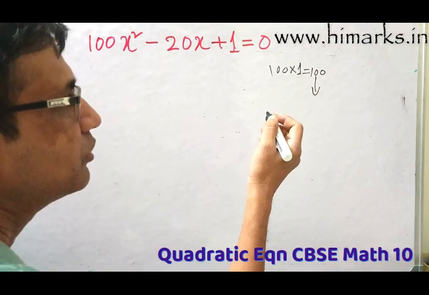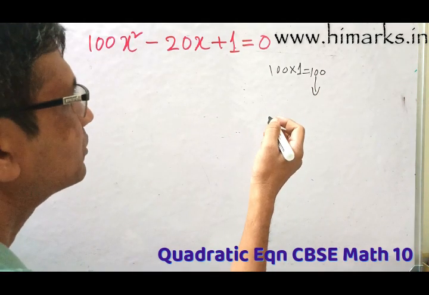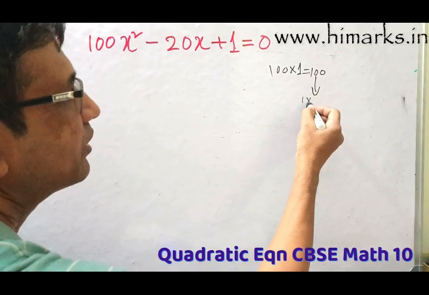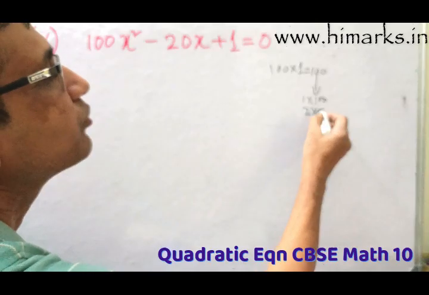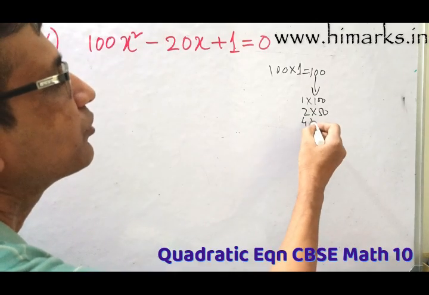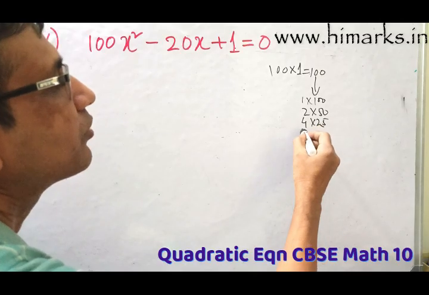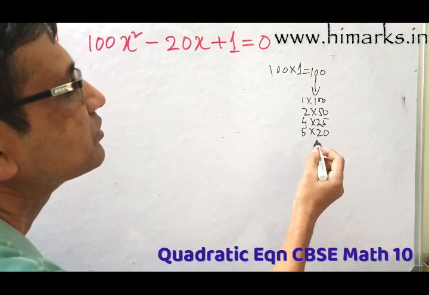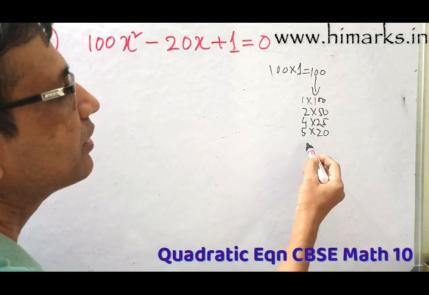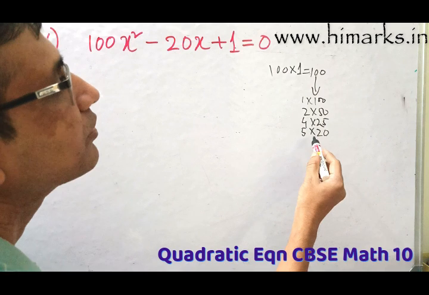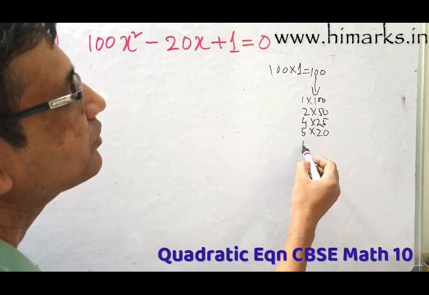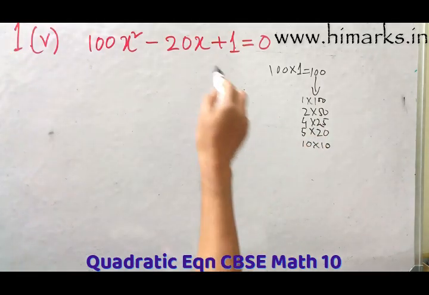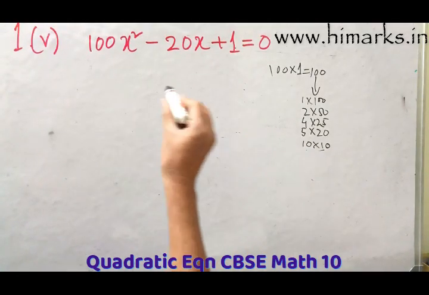See, 1 into 100, and if you keep on writing, 2 into 50, then 4 into 25, 5 into 20, and at last 6, 7, 8, 9, 10. So 10 into 10. Correct. So none of them can give 20 except this one. So